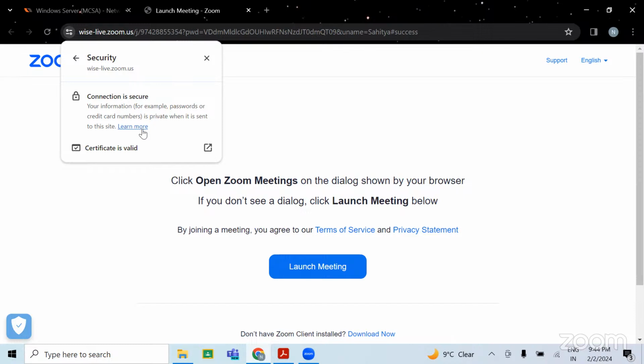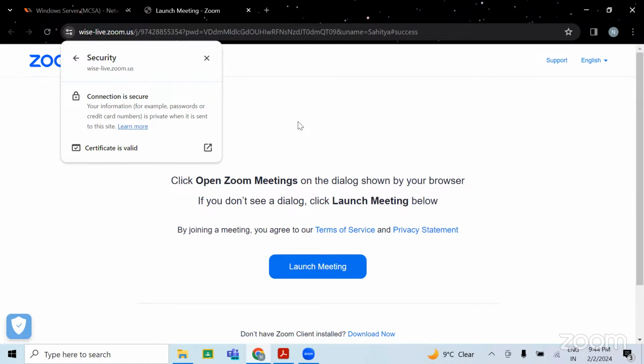Connection secured means, let's say your users are trying to reach your website. The connection between your user's computer and the website would be in encrypted form, because you are using certificates and port 443, HTTPS secured.